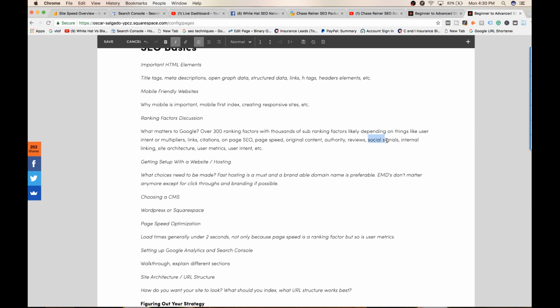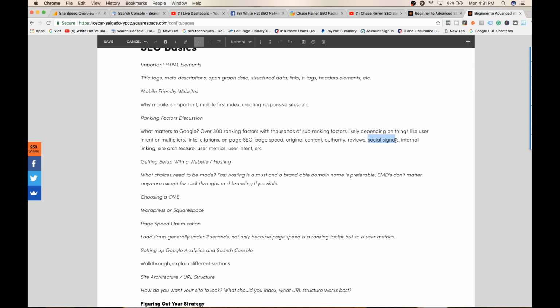We also have social signals, which do play an importance in SEO these days, basically covering things like Facebook and Twitter. If you can get a lot of user metrics, traffic, and presence on those platforms with your posts, you can usually also go up a little bit in rankings. That is also debated between a lot of SEOs, whether or not social signals are actually a ranking factor. I believe they definitely are,